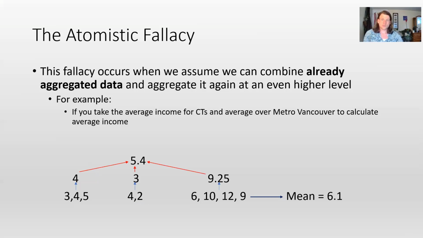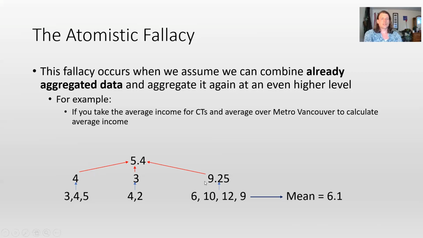This little illustration down here just highlights what I'm talking about, right? So if you take 3 groups of numbers, we'll say they're census tracts, and we average the value for each of them, and then we average those values again, you're going to get the wrong value. You have to take the average across all values rather than aggregating and then re-aggregating. And the reason this doesn't work is because we have here 3 values in a group that's contributing to this average. Here we only have 2 values in this group that's going to this average, and here we have 4 values.